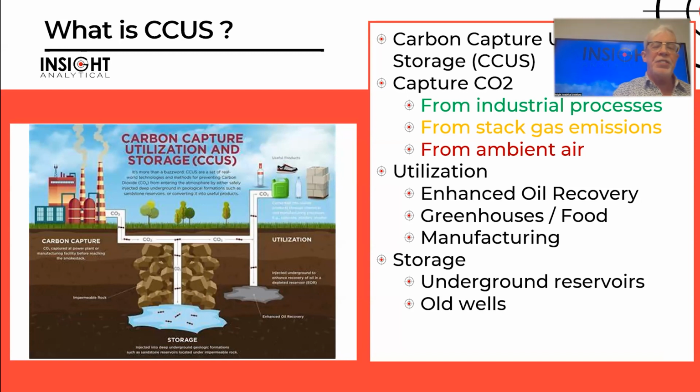So there's a bunch of pieces to it. Usually there is some kind of obviously carbon capture part to it. We've got to get this CO2 from someplace. It might be from power generation. It might be from chemical processing. So from industrial processes. And I've put these in different colors because